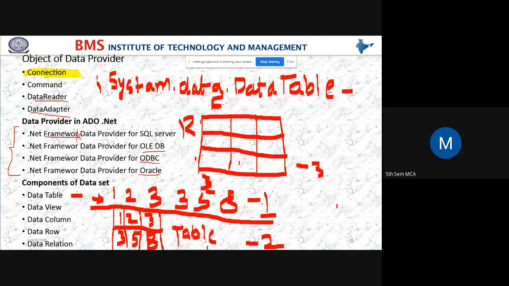And we have data view. How can we view the data once inserting is over? It represents a customized view of a table.